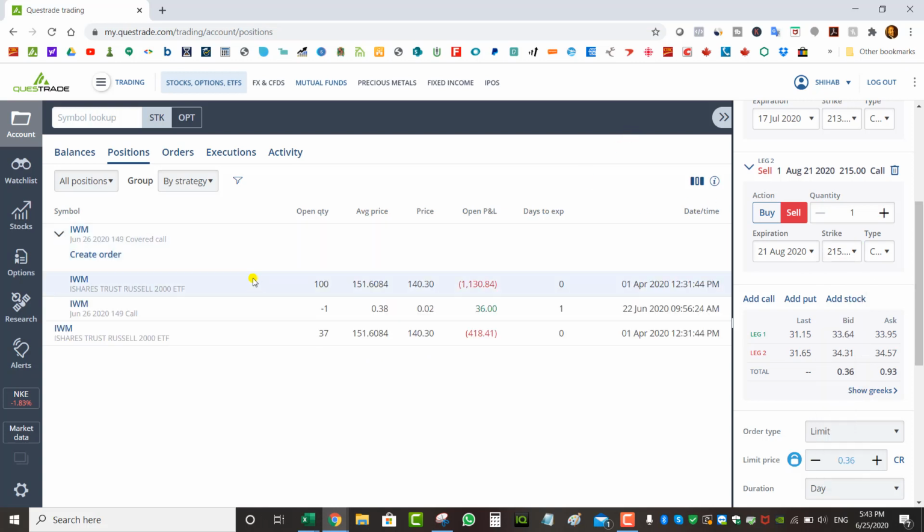In my RSP, I still have my IWM. It looks like it's gonna expire worthless, a covered call at 149 strike. So Monday, I'll just sell a new covered call, depending on where the stock is trading on Monday, and I'll just sell a covered call out of the money. I try to go as far out as possible because I don't want to lose my shares at a price